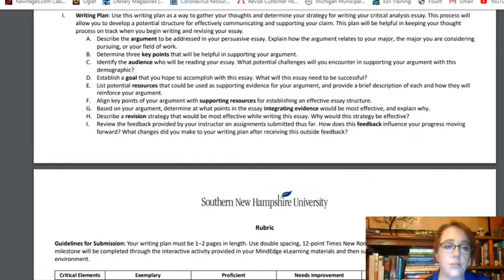The next thing that we're going to do is state those 3 key points. Have those key points changed? Have you developed them further? Let's consider maybe stating them as we would in our essay. What are the 3 points you're going to use to support your argument? Remember, my argument is that Futurama is the greatest animated show that's ever existed. What are the 3 points I'm going to use to convince you of that?